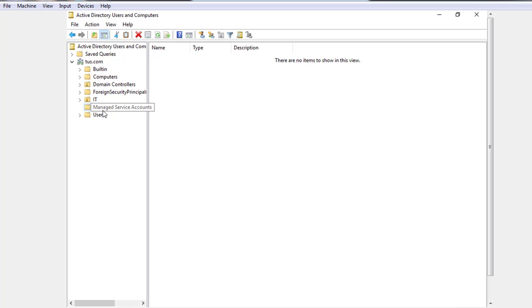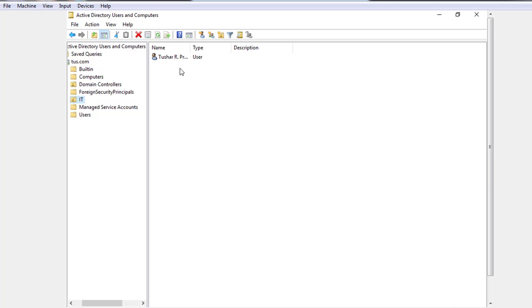You can see that the user which we had deleted is automatically restored at the same location in the organizational unit of the IT. So this is the method, but once we have enabled the recycle bin, it will never be disabled again.